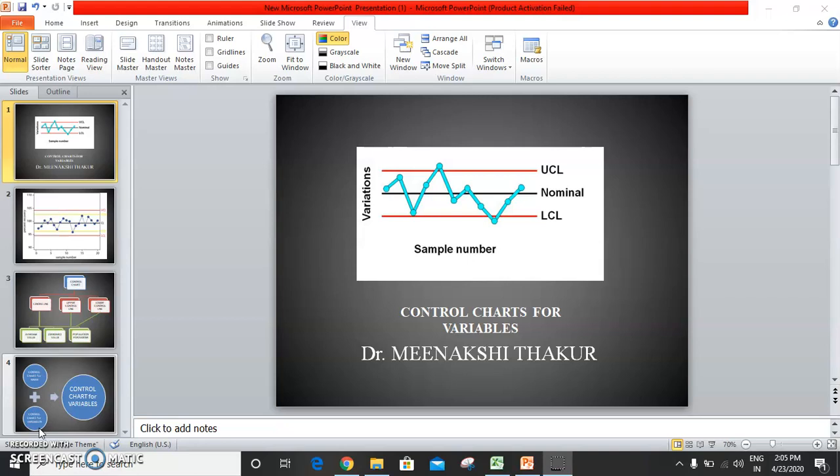Walter Shewhart invented control charts for industrial processes to distinguish acceptable variation from assignable variation. He realized that with the help of control charts, the occurrence of assignable causes of variation could be detected very quickly and desirable corrective action could be taken to eliminate them. So basically, the concept of the control chart is based on the theory of sampling and probability.